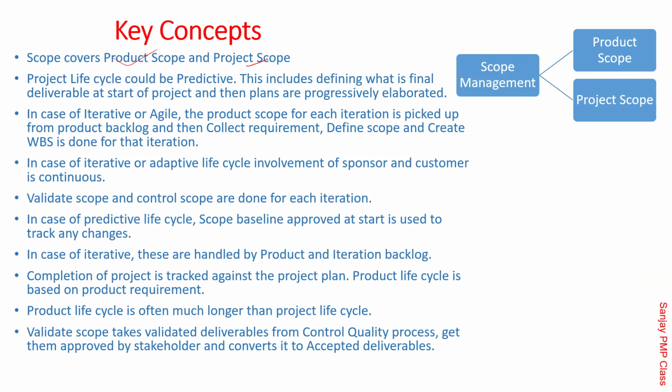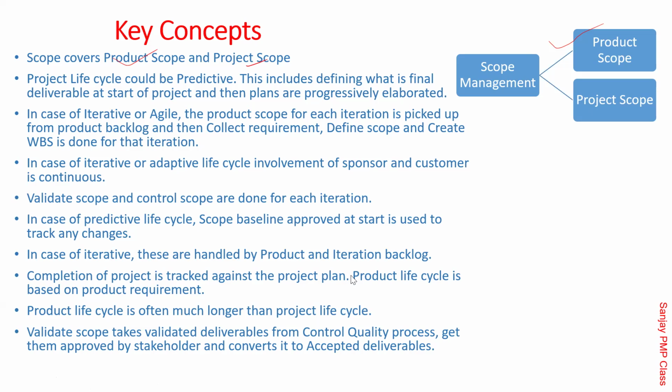But just to quickly recap, if you have forgotten, product scope is the deliverable you are creating. Project scope is the activities you need to do for the project to be done. For example, the project plan is not a deliverable. The customer is not going to pay you for the project plan, but you need to make it, and that's called project scope. Recruitment of staff, getting the infrastructure, giving training to the people, all those things come under project scope, even though they are not in the product scope.